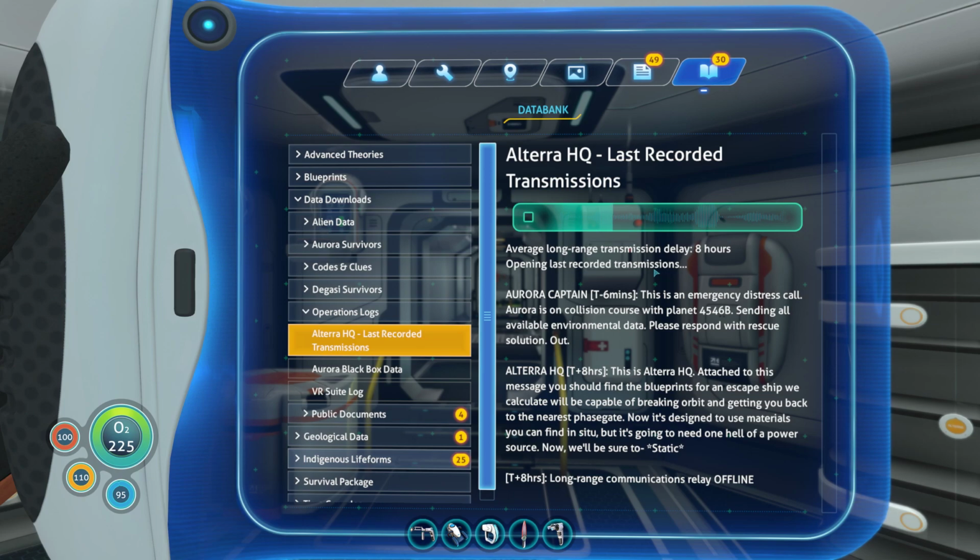Aurora is on collision course with planet 4546b. Sending all available environmental data. Please respond with rescue solution. Out. This is Altera HQ. Attached to this message, you should find the blueprints for an escape ship that we calculate will be capable of breaking orbit and getting you back to the nearest phase gate. Now, it's designed to use materials you can find in situ, but it's gonna need one hell of a power source. Now, we'll be sure to...